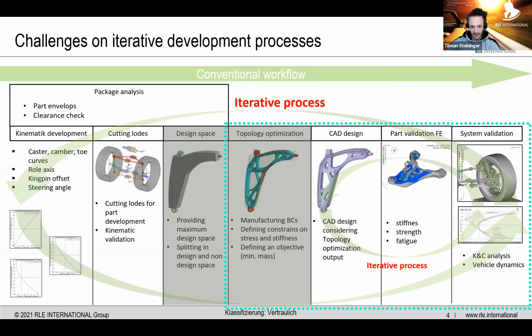Means, for example, that internal, or let's say internal iterative process from CAD design to validation. If you recognize issues in the part validation, for example, you have to jump back to the CAD design, or maybe you recognize huge issues in the part validation, you have to jump back to the kinematic development. Same for the system validation. If you recognize issues, then you have to step all these stepstones again, and that makes it really complicated, I